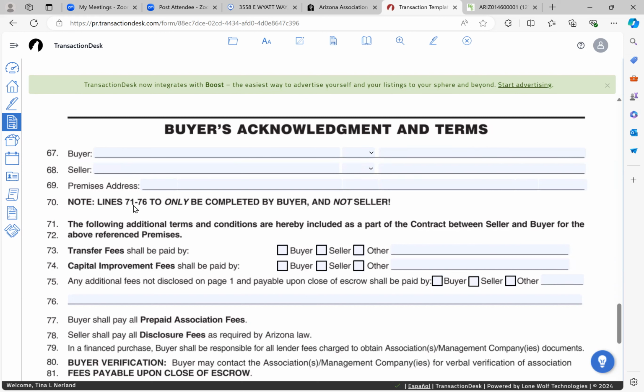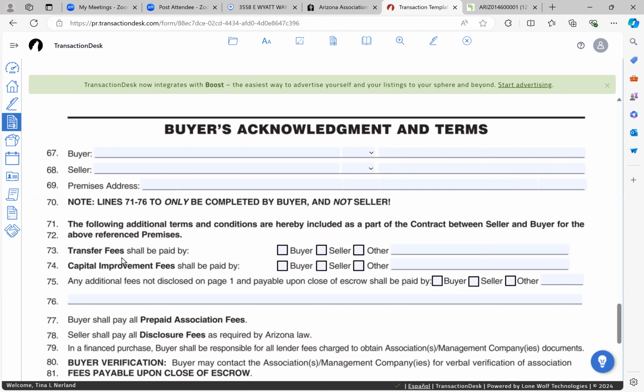Line 70, line 71 through 76 to only be completed by the buyer, not the seller. The seller does not touch page 3 until they have an offer, and the buyer has provided this with their offer. The following additional terms and conditions are hereby included as part of the contract between seller and buyer for the above reference